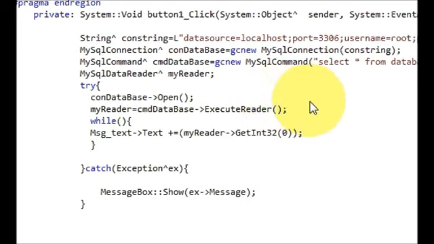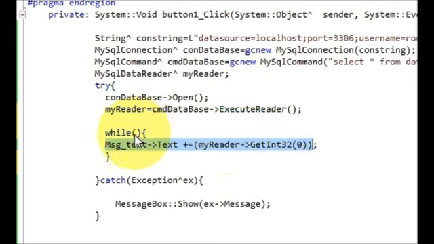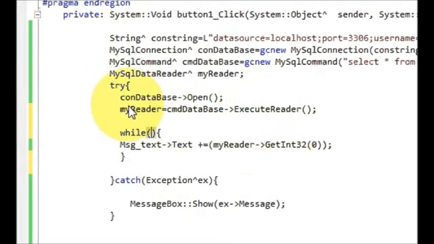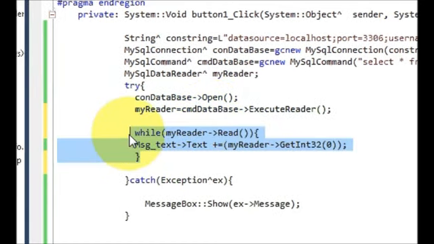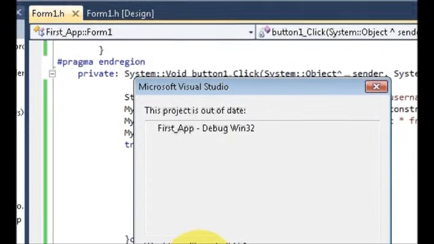So do this. So I have written this while statement and close this message in that, and in this while I will copy this my reader, paste it here, and with this arrow sign I will write read, so it will read our database. So just do this code, and now once again run your application,